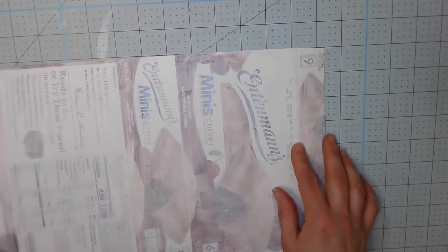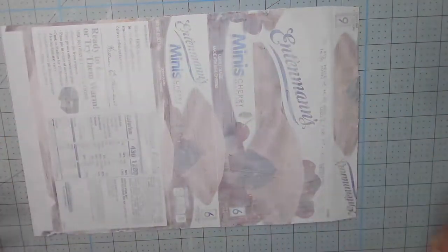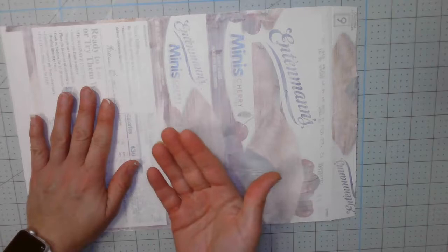So this is nothing new, right? Tons of people use cereal boxes and things like that. This is just my version of it. All right. Now, I am going to use a fabric on the outside, and on the inside, I'm going to use